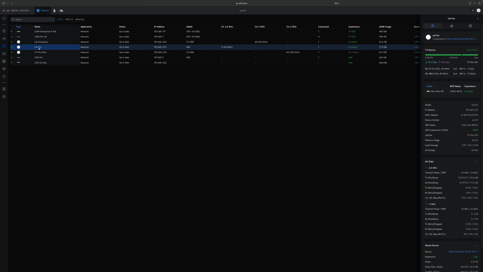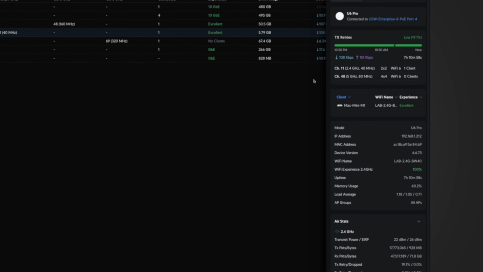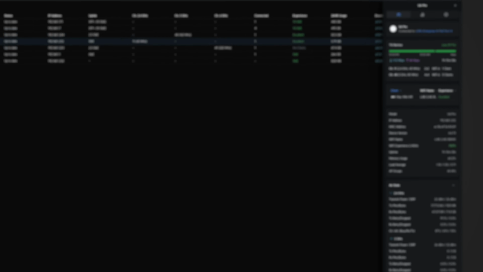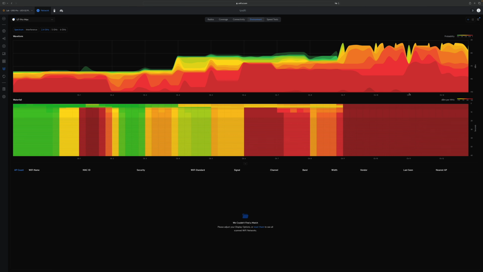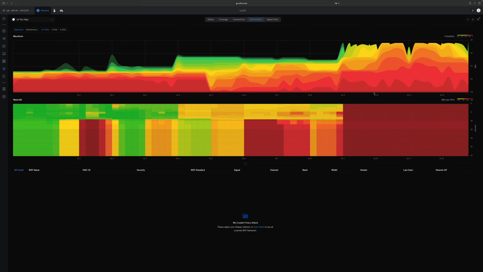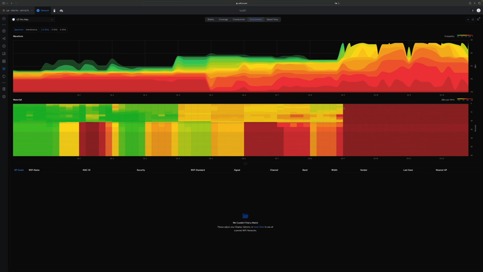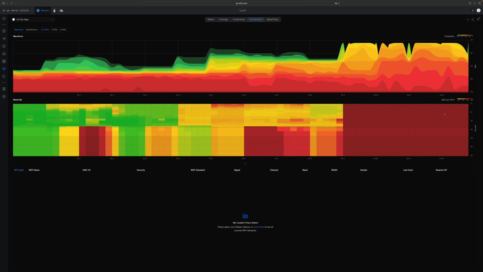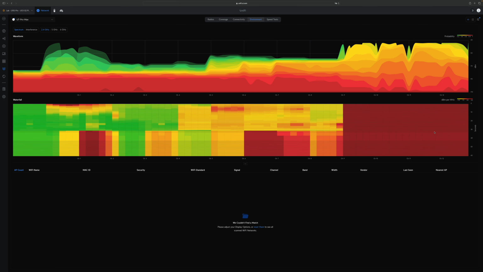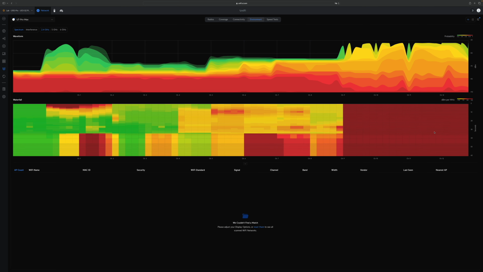Go back to our U6 Pro. In this testing, I'm using U6 Pro to provide service for the 2.4 gigahertz Wi-Fi band, right? So then see which channel I'm using. It's channel 11. Go back to the analyzer. Channel 11 in the middle, and because we chose the 40 megahertz channel width, 1, 2, 3, 4. That's exactly why for this wide area it's showing such a dark red color, because we are doing a saturating